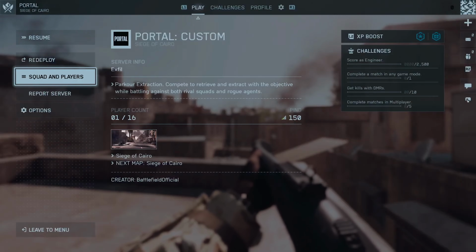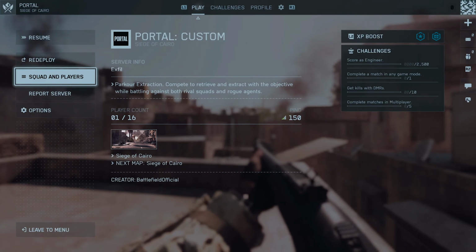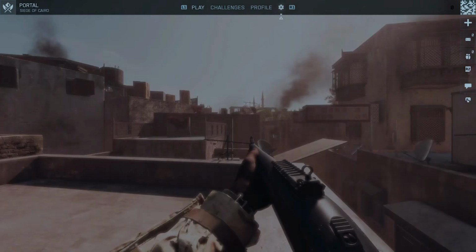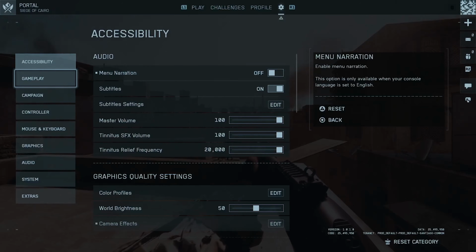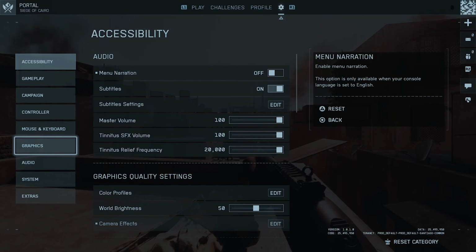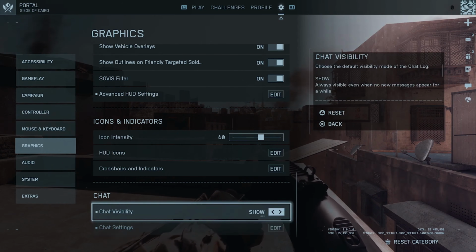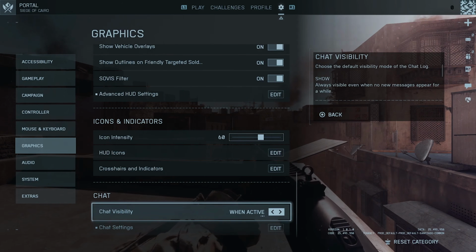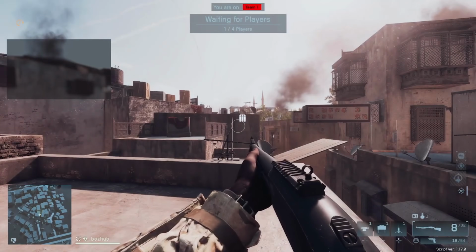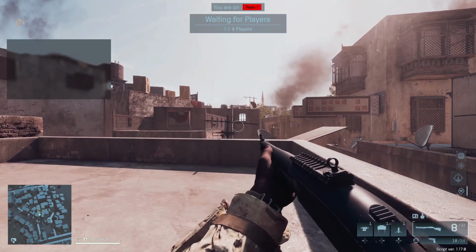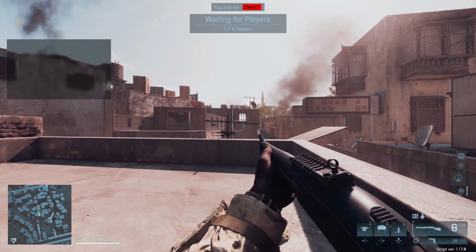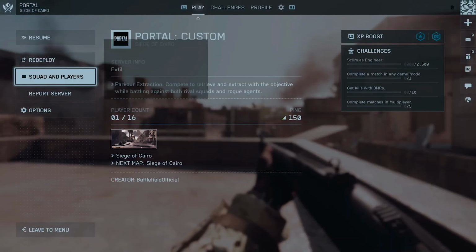And once this menu does pop up for you, first make sure that you do have the text chat option turned on. So go into your graphics settings, scroll all the way down to the bottom and make sure you have chat visibility on either when active or on show. In this case, I'm just going to put it on show, and as you can see, it's now up in the left corner. But now from here, press that options again, and what you're going to want to do when